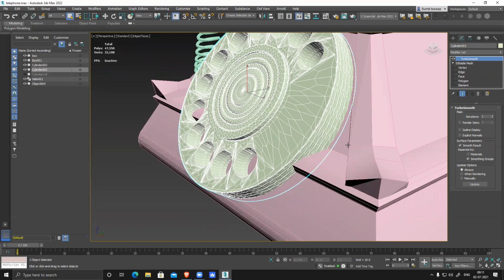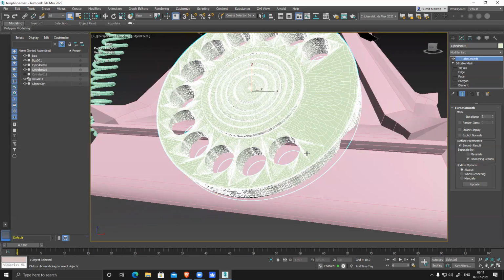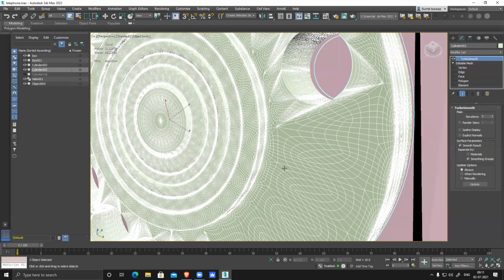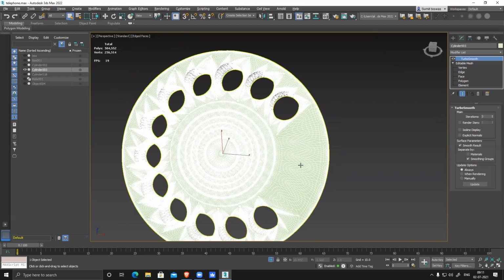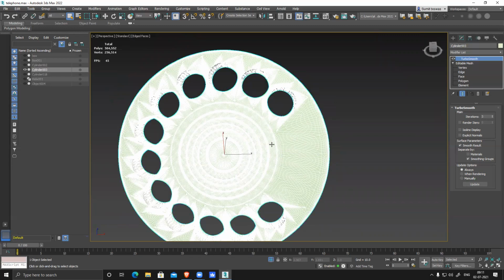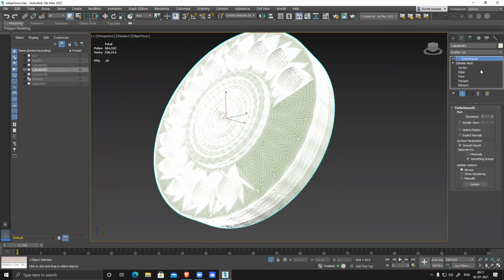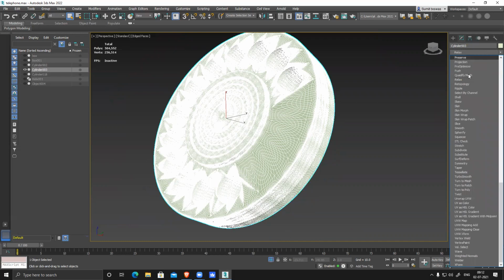That is something I'm going to show you how to do. So apply a turbo smooth. First, triangulate the model, then turbo smooth, 1 or 2 divisions, or maybe 3 divisions based on what you want. Make it smooth, a decently dense model. Let's isolate the model. So now you can see it's a pretty dense model. I want to now create a quad geometry out of it. I don't want this triangulated geometry. So I can apply turbo smooth, and then there's something called the retopology modifier. This is what I was talking about. This is an extra add-on feature in Max, something you download from the official site.